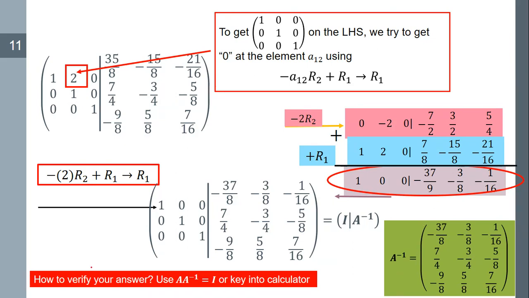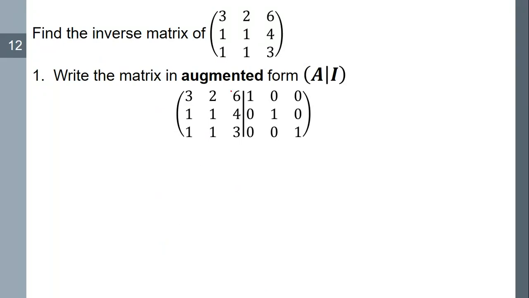Okay, and how do you want to verify your answer? The formal way is to use this A inverse, multiplying with your question A, you should get the identity. Or the other way is just to key into your calculator, you can find the answer. Okay, now we look at another example. Let's say I have a 3, 2,